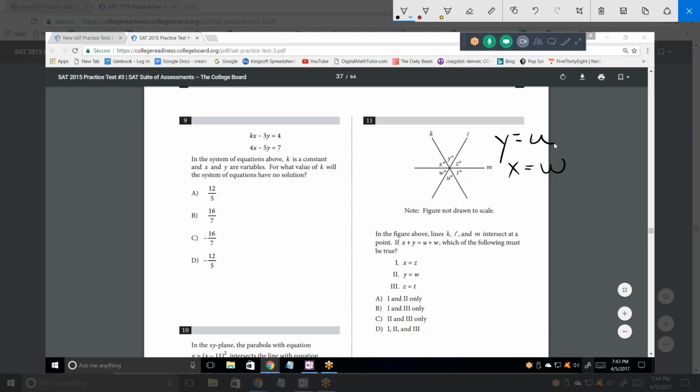And yes, w does equal z, therefore x equals z. So that one's true. So if y equals u and x equals w, and they're asking if y equals w,